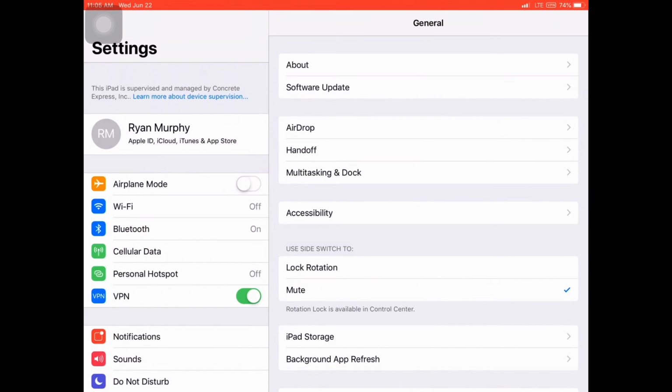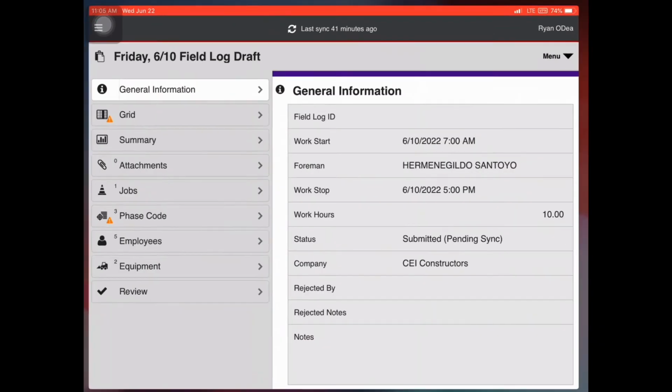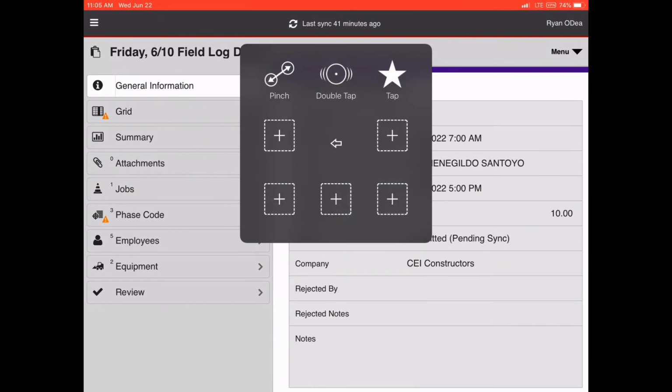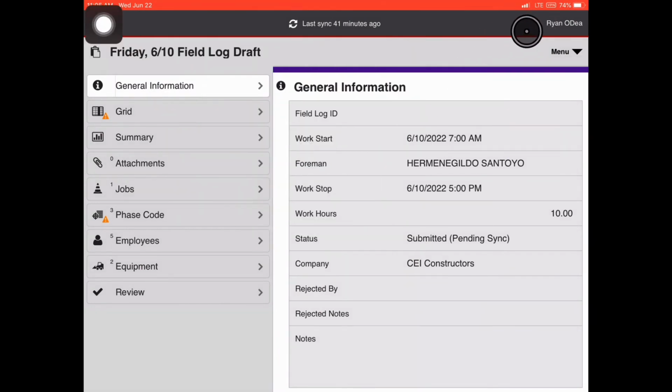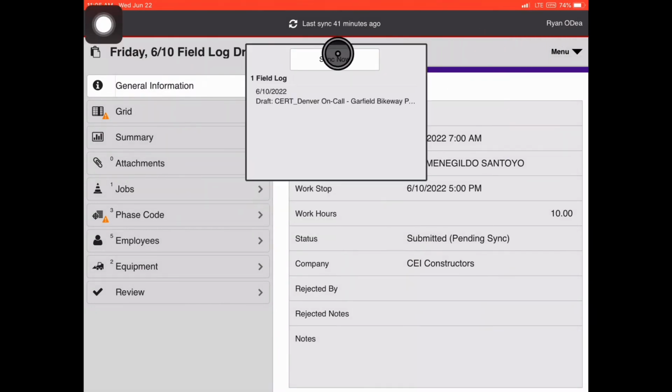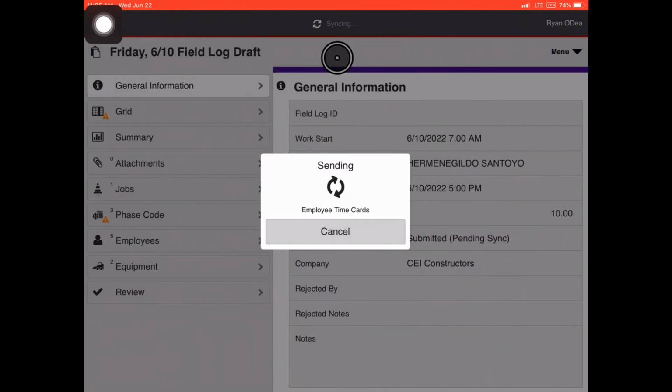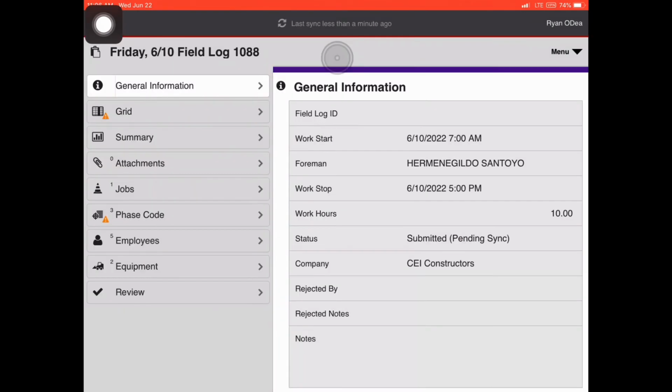And then the VPN tiny icon comes up where the percentage of the iPad is, right in the top right corner. Kind of underlined it there. And as you can see, the field log was waiting for me to sync, so I synced it up so that the field log could be sent off. And then we were going to